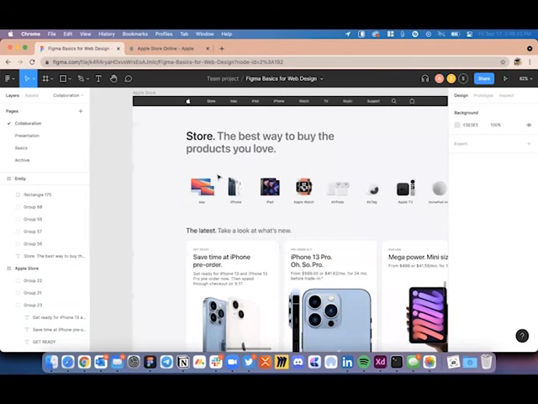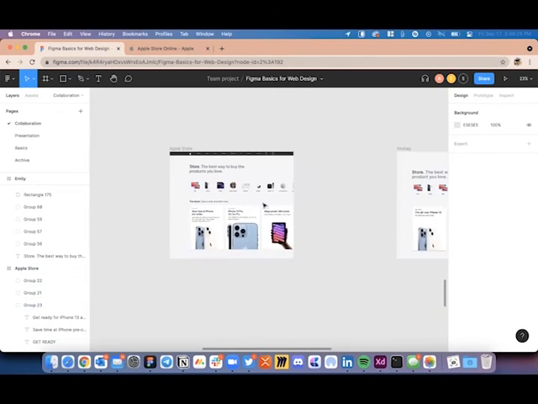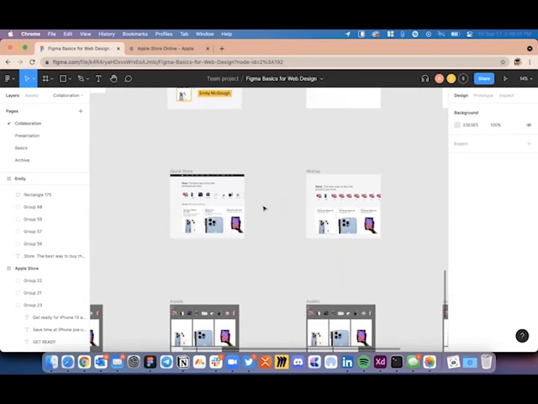Try to recreate icons, iOS icons, or icons you see on your Android phone. That is also how you'll get to learn. And you'll also notice that your workflow will get faster with time as you explore shortcuts and different tips and tricks that Figma has to offer.